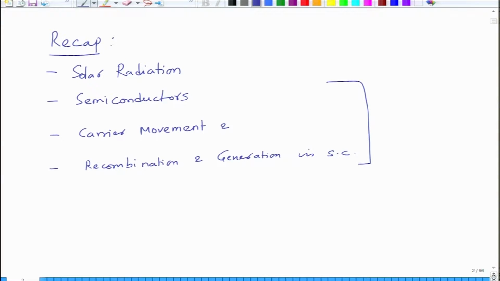So, I suggested a few books for this part of the course. I strongly recommend you go through these books to brush up and get the knowledge in detail, because we did not have time to go through all the derivations and mathematical relations, but it would be useful for you to go through those.